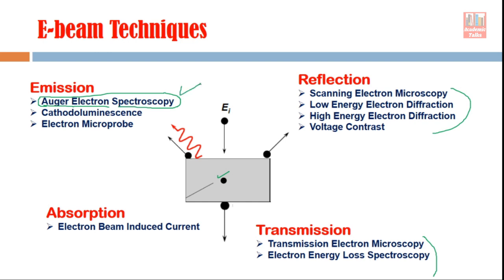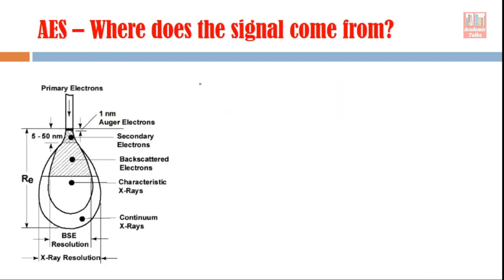So now, from where does this Auger electron come out? For example, you see here a solid sample, this is the surface of the solid sample, and the whole of this is the solid sample, and up to this it is all solid, this is the top surface, and the electron beam is falling on the solid surface. So what you can see from here is that from this small dark portion, this is the portion from where the Auger electron is emitted.